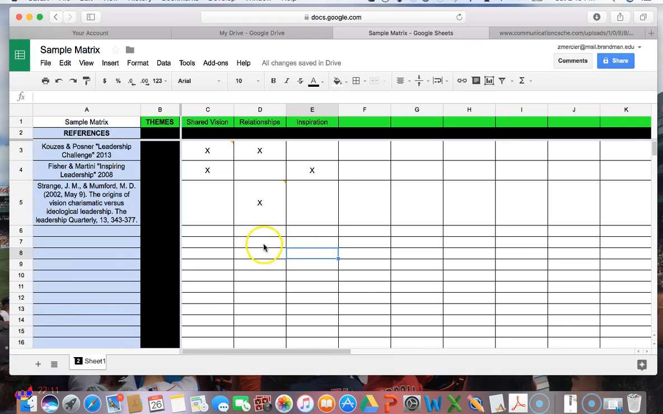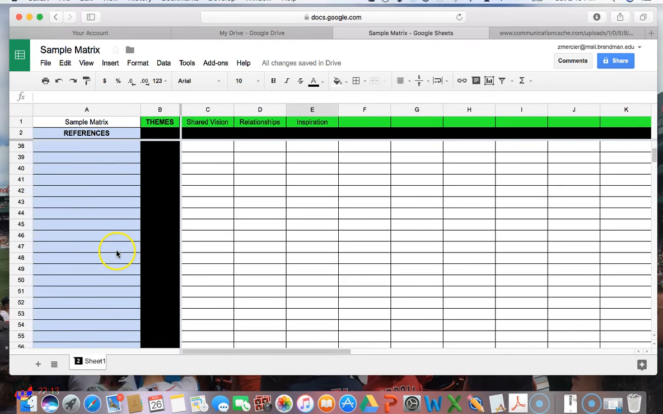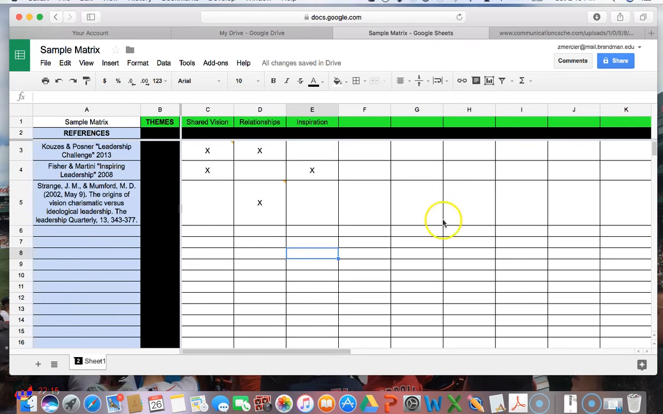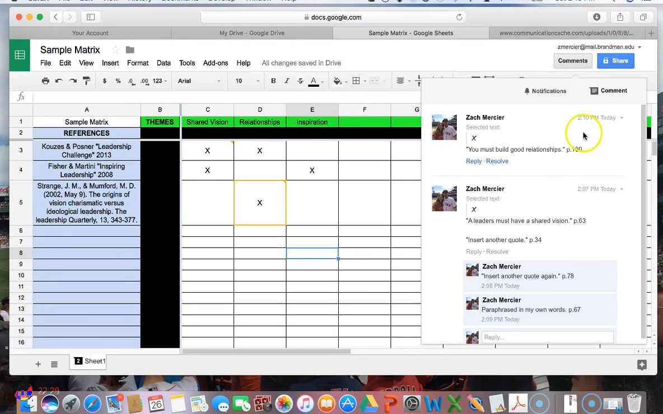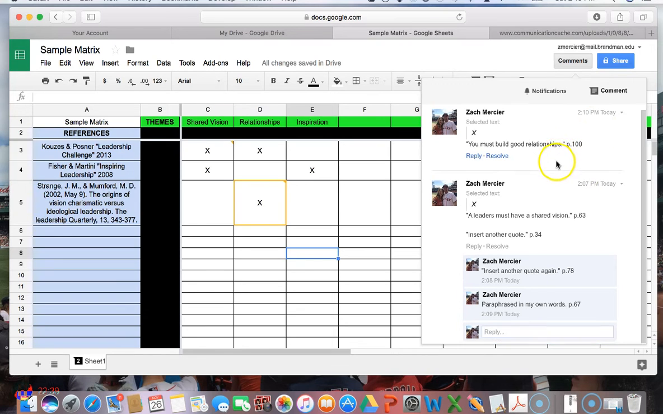Now, as you can imagine, once you have hundreds of references and multiple hundreds of quotes, they're easy to lose track of, and you may forget a quote that you had. Notice up in the upper right hand corner there's a box here that says comments. If you click in this box, you have a running log of all the quotes that you put in, and notice they're in time order. You're going to have your most recent one on top,